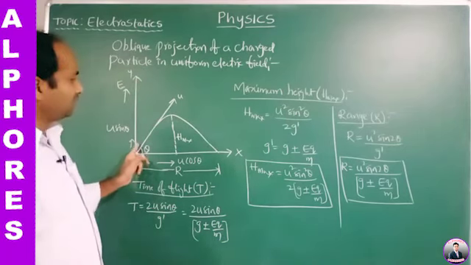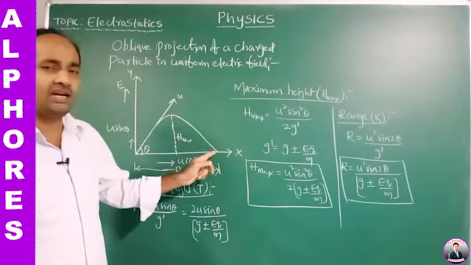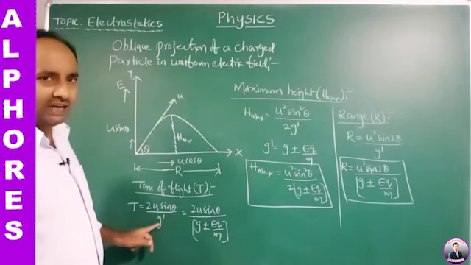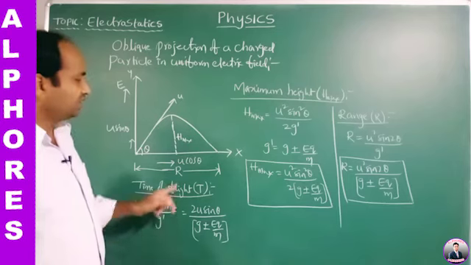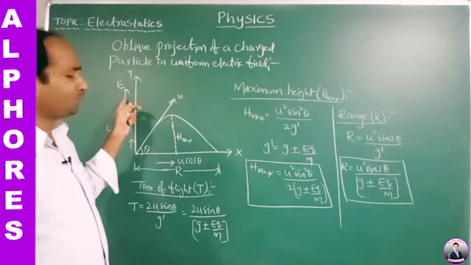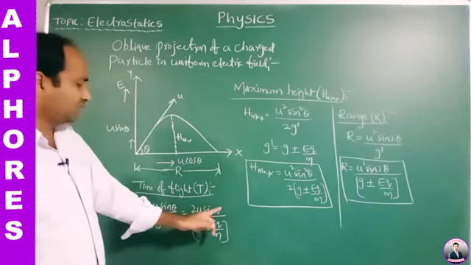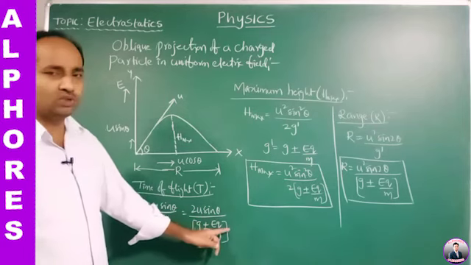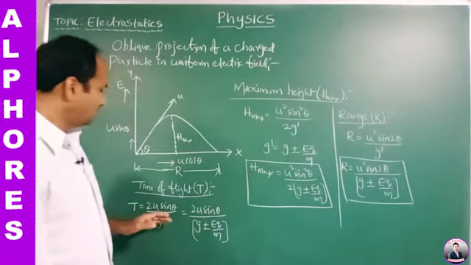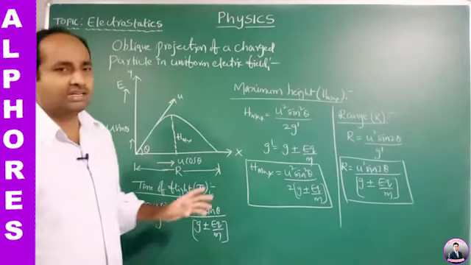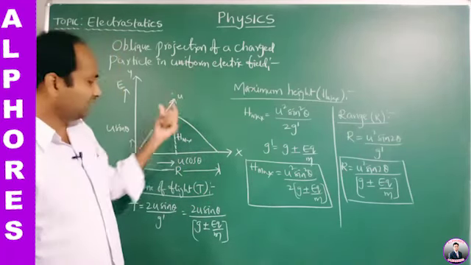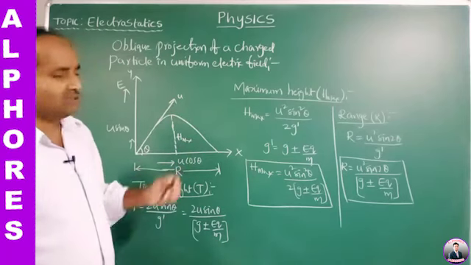The time taken by the charged particle in which it remains in the air is called the time of flight, which is 2u sin theta by g dash, where g dash is the net acceleration, that is, the vector sum of the acceleration due to gravity and the acceleration produced on the charged particle by the electric field. So that is 2u sin theta by g plus or minus eq by m. So these are the expressions for the maximum height, range and time of flight. These are mixed concepts, not completely pure electricity; here we are using kinematics again. So these are the expressions.